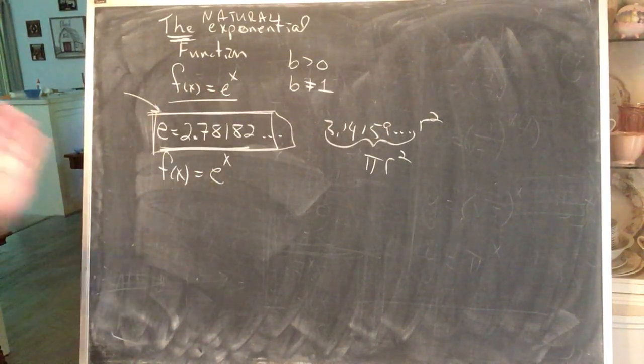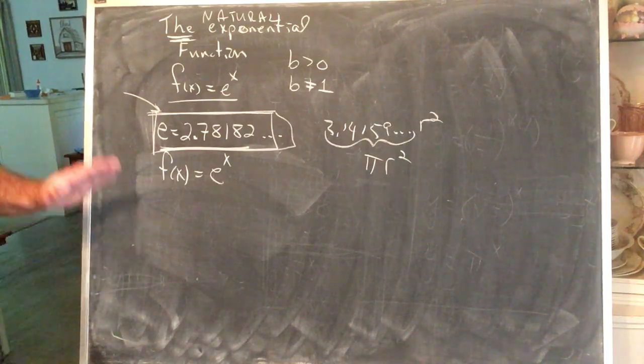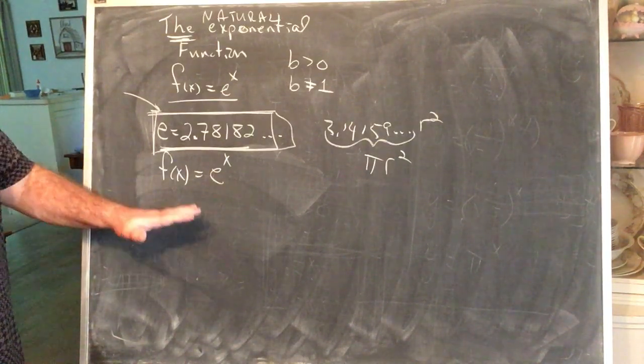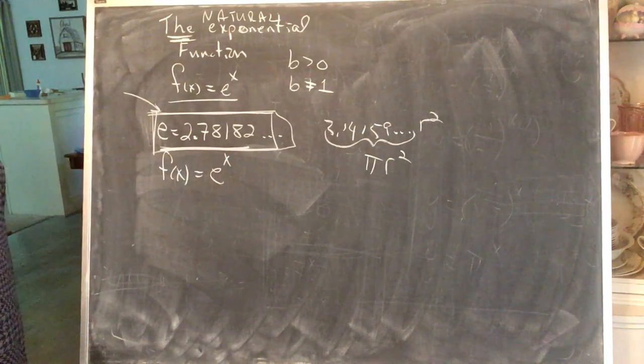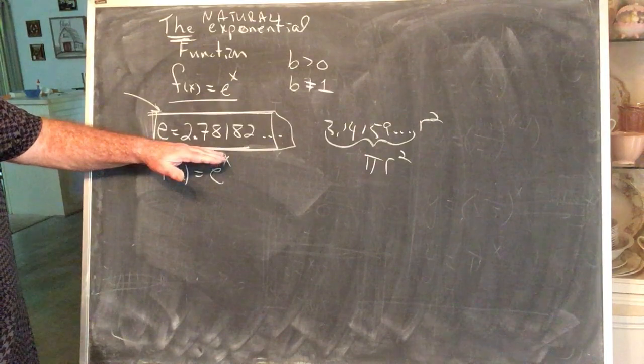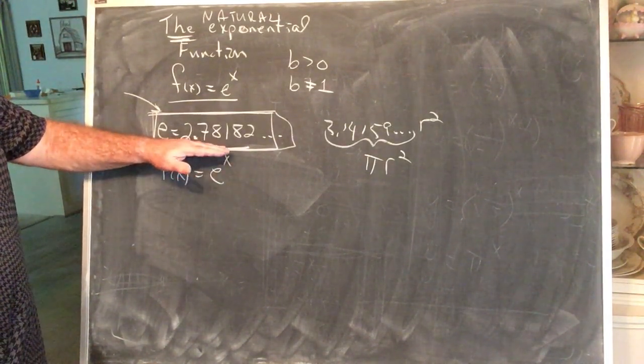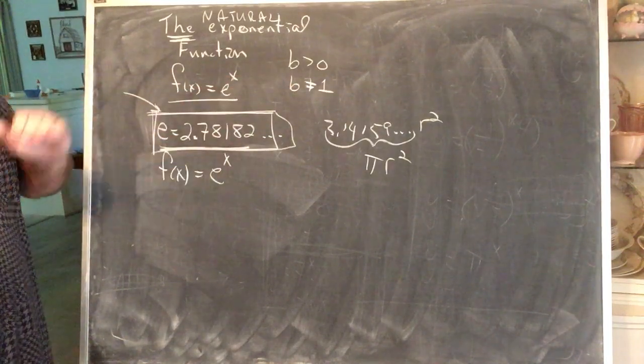We're going to put off the development for at least a semester. For some of you, this may be putting it off forever. But until you get to Calculus 1, we're going to put off actually developing this from scratch. For now, this is given. This is a function that is permitted to be used because this number meets those requirements. It is an exponential function.